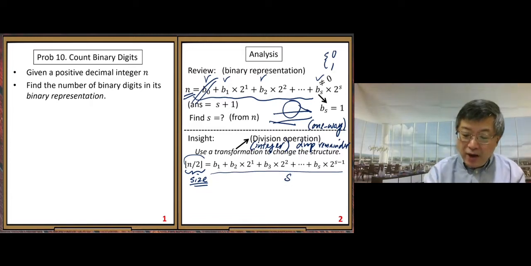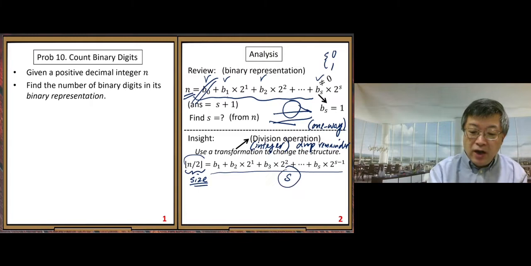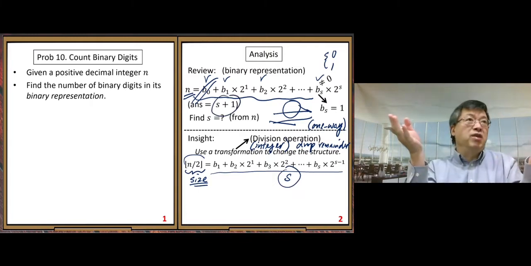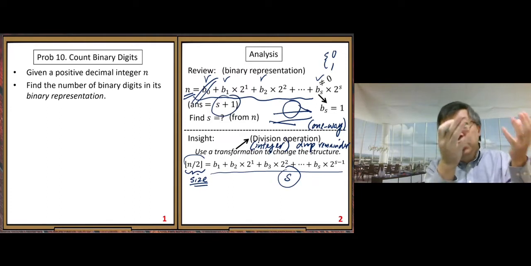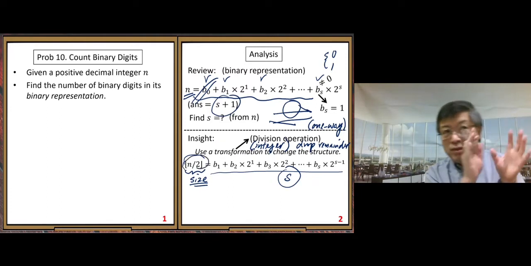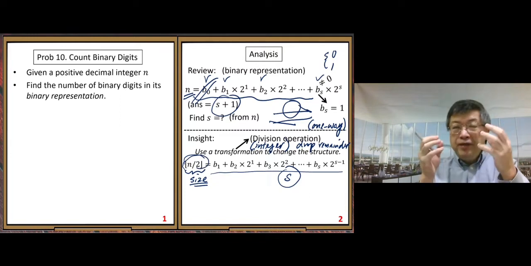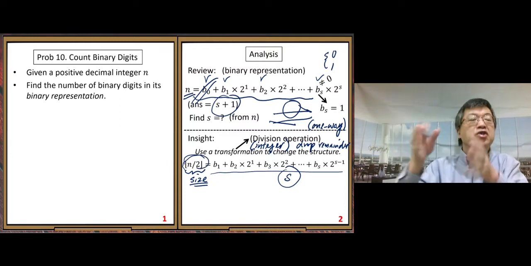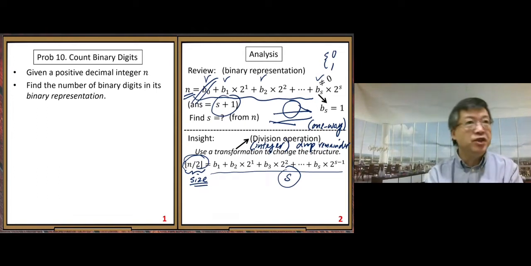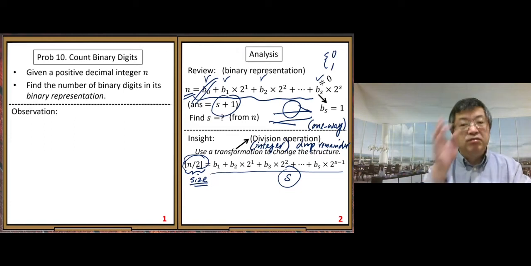So you compare the S bits answer and the previous answer, S plus 1. The difference is just 1. You reduce the problem size by half, but the number of bits is reduced just by 1. That's the key observation we have. So with that, we get this